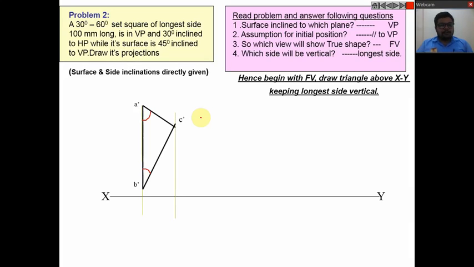If we take the projections on the downward side, obviously if we see from above, from here, then only a single line will be visible, and that line will be A dash, C dash. Apart from this, these two lines will not be visible. So A dash, C dash is visible, and if we take the projections, then we can get a straight line which is parallel to XY line. If we take the projections, then the first point will be A and B, they will overlap each other, and the third one will be C.